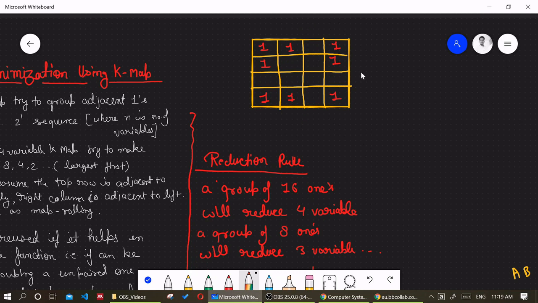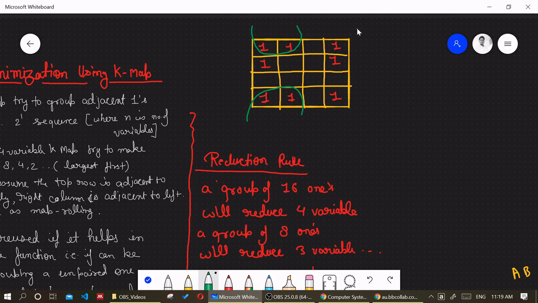Adjacent means we can group them if possible. Take the map and wrap it over the globe, and it becomes map rolling. Like if you look at a map, you can see Japan and USA are at separate corners, but when you put it over the globe, they will be neighbors. Something like this. Now let's see how map rolling works. This particular row is adjacent to this one, so can we group this? This will make a quad. These two ones and these two ones make a quad.